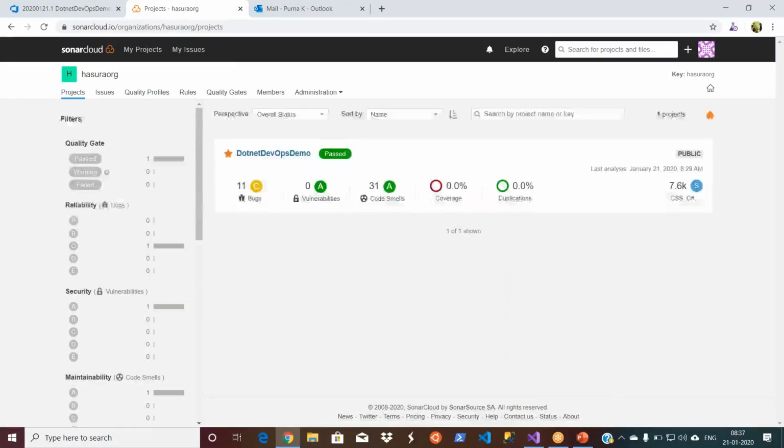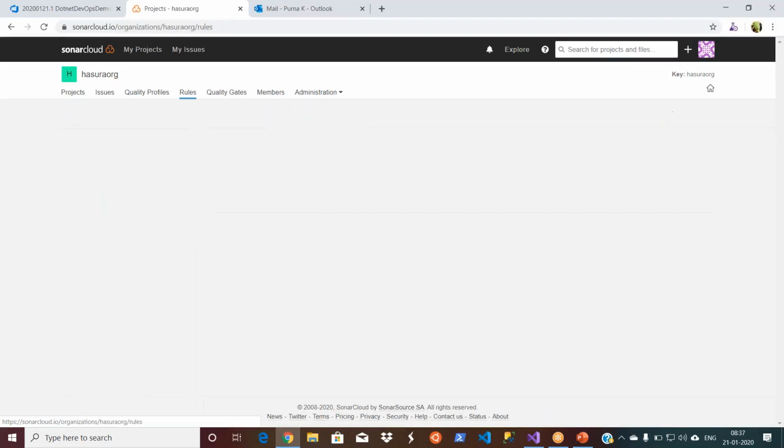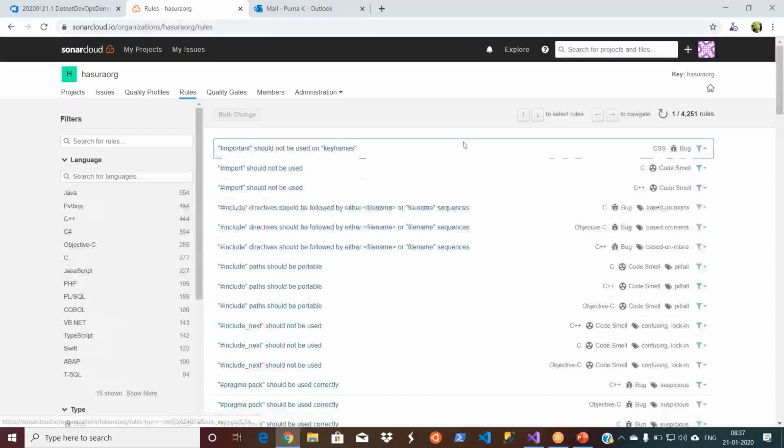Generally, you will get all these different menu items, and then administration we have already seen. This project management is not related to your project management. You have a number of projects here, right? You can delete or add for that purpose. And then billing. Anyway, we are using a free account, no need to worry. And then members. This is very huge. And then rules. This is what we just saw.